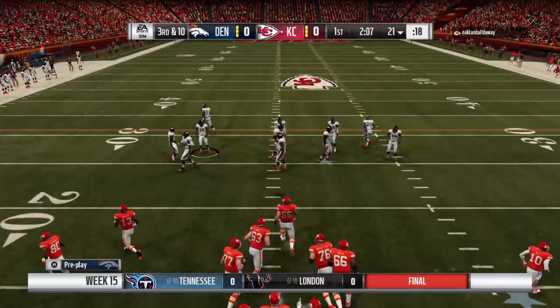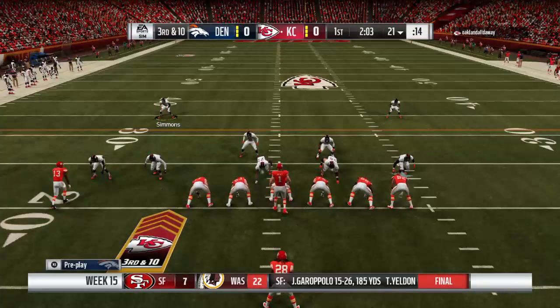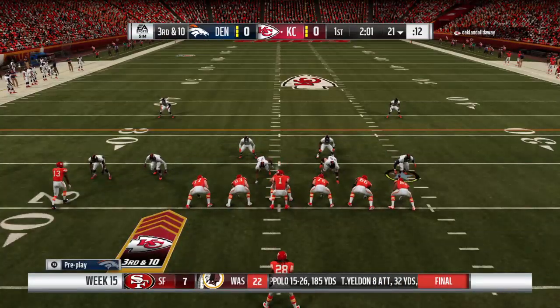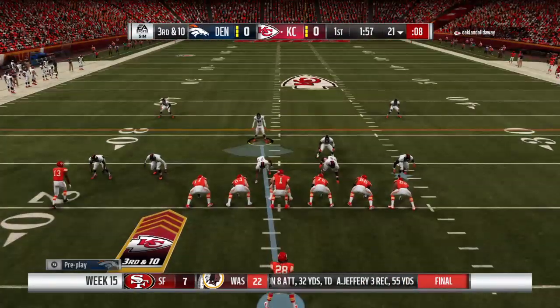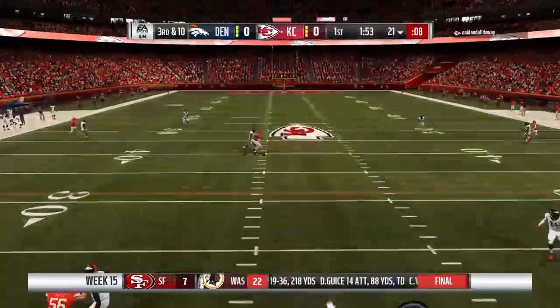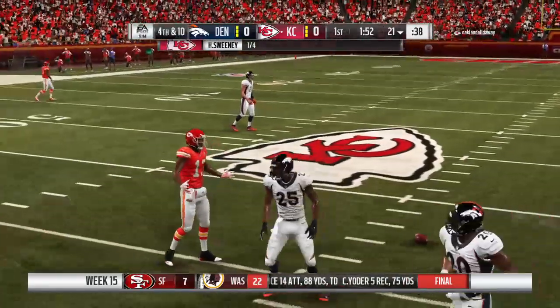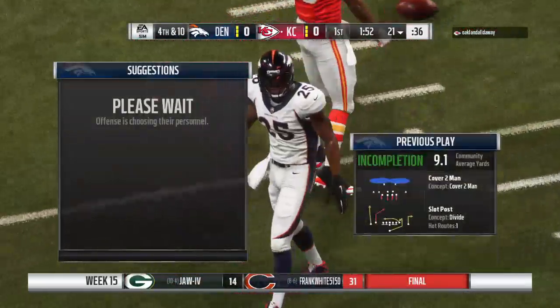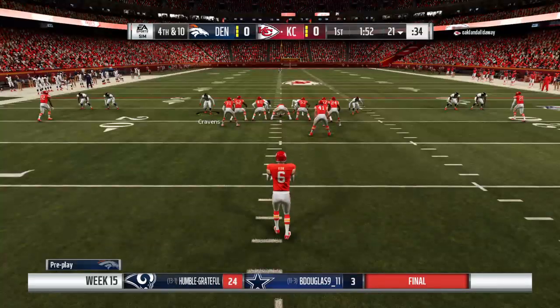The threat of a 2nd straight punt to start the game is looming as they come up 3rd and 10. On 3rd down, he'll drop to throw. And he couldn't hang on to it through the contact. Incomplete. And this pass defense, they were sensational in the win last week, and they're looking good here so far